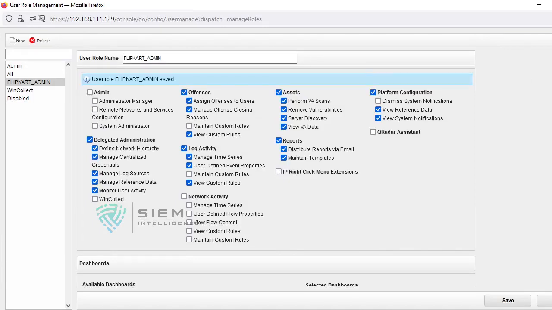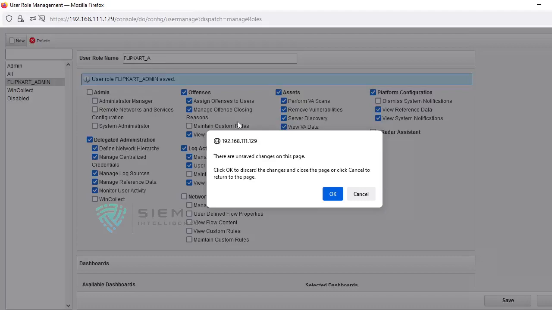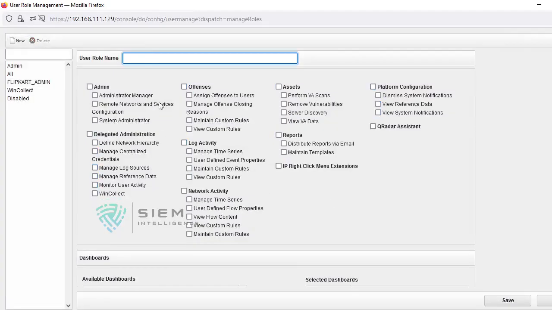He should also create some users for their sake. So now what I am doing, I am creating one more user role, that is Flipkart_user. So this is another role where the user can see only the activity logs.